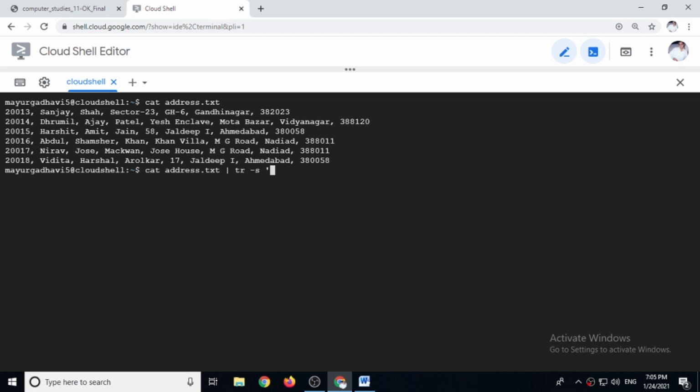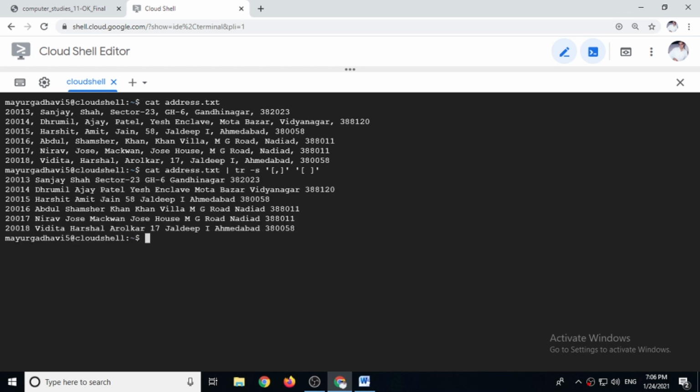Inside single quotes, inside square brackets, comma, it means whatever delimiter we have used, that we are giving. Again inside single quotes, square brackets, space. So wherever we have written a comma, it will replace it with a space.